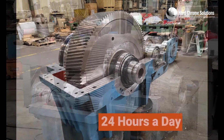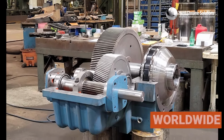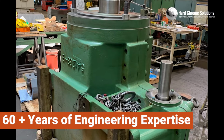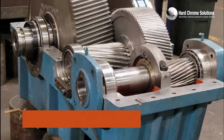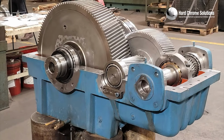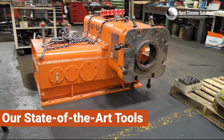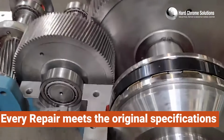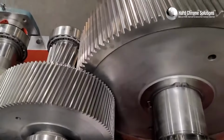Our 24/7 emergency service, worldwide pickups and deliveries, and 60-plus years of engineering expertise allow us to provide cost-effective and efficient repairs to your gearbox. Our state-of-the-art tools and adherence to ISO and OEM requirements ensure that every repair meets the original specifications and provides